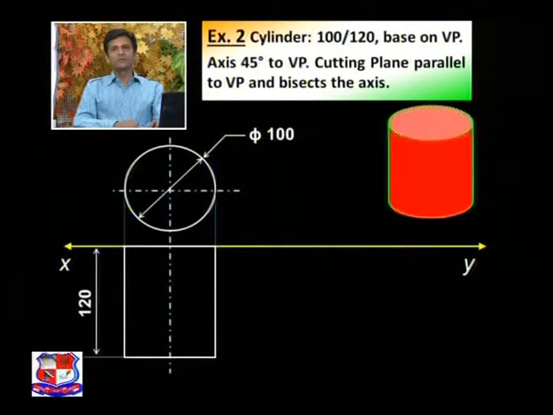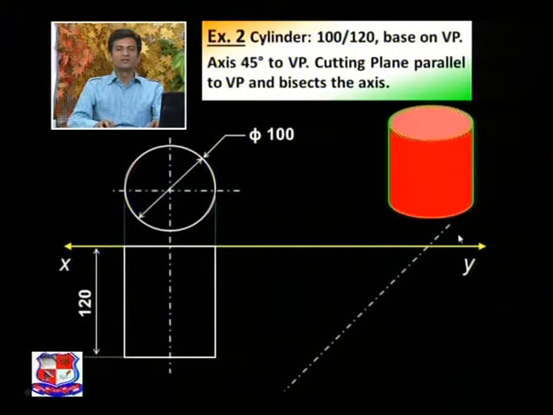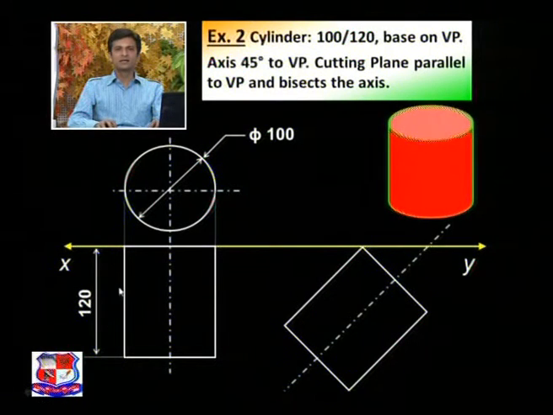Now it is given that the axis of this solid is inclined at 45 degrees to the vertical plane. So what should we do? It means that in this condition, this rectangle's axis is making an angle of 90 degrees with the XY line, that is 90 degrees with the vertical plane. So we have to tilt this solid in such a way that this axis makes an angle of 45 degrees with the XY line. So draw a line at an angle of 45 degrees to the right side of this front view, and then redraw this rectangle in such a way that this axis makes an angle